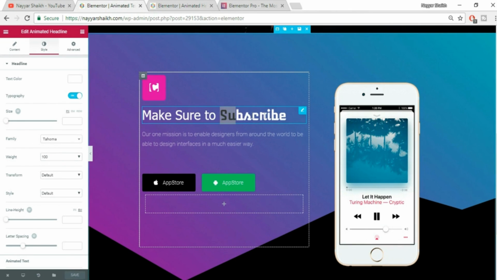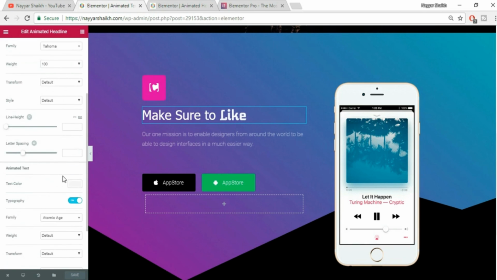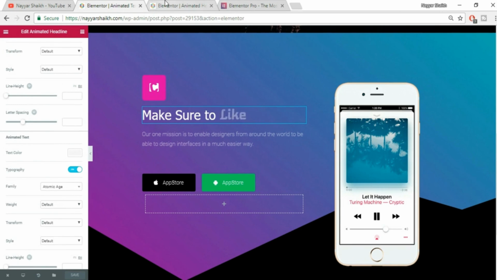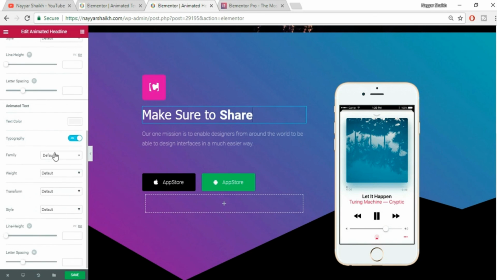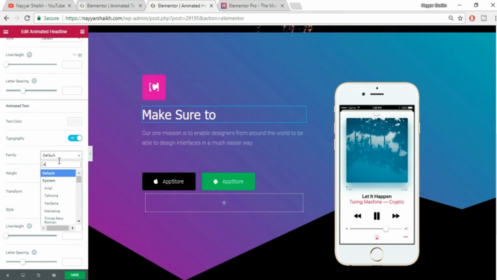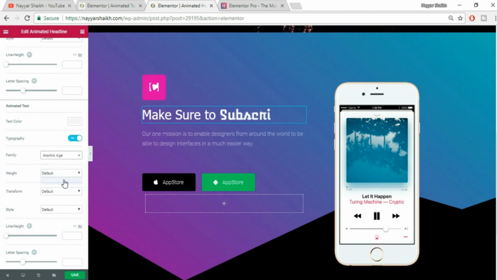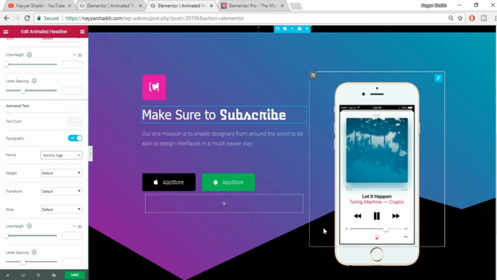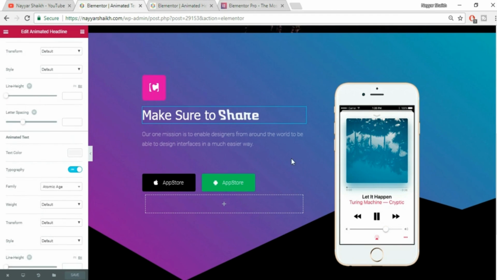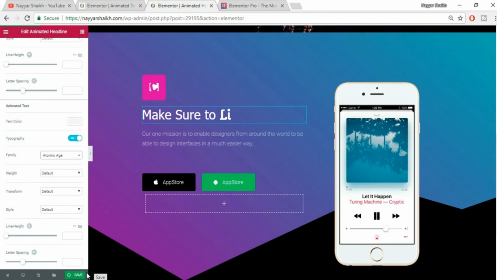And this is also a different font if you see, and this is atomic age. So let's change that also. Here you'll see at the bottom animated text. Turn the typography on to make changes. Select the family, type in atomic age. This is the one. Okay guys, so as you can see, now we have the exact same thing which we created over here in the demo website. Now here you can click